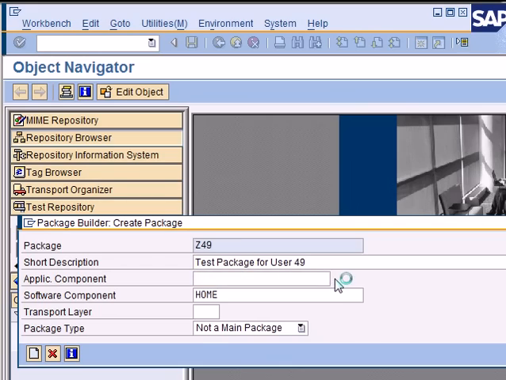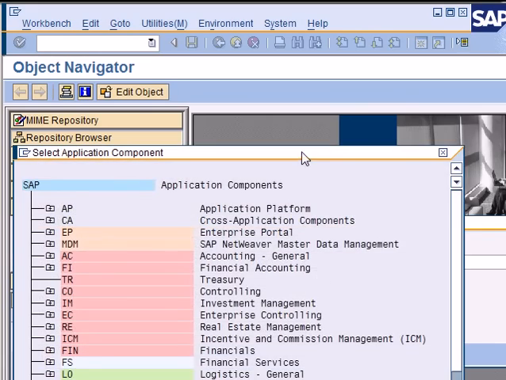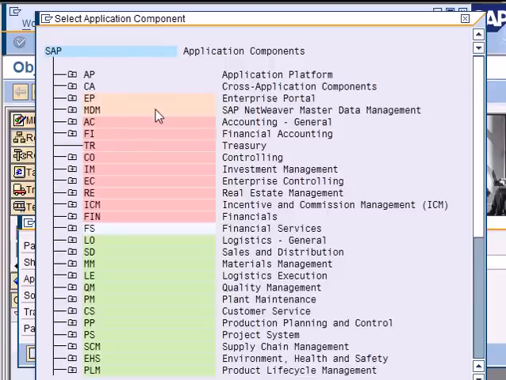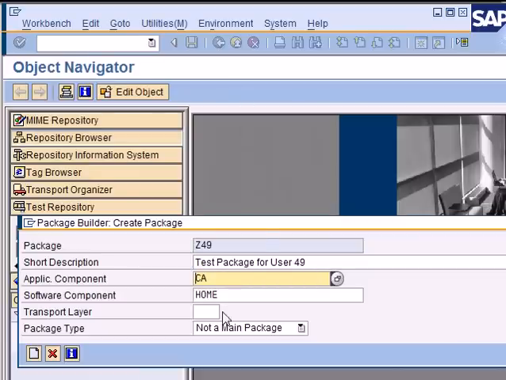Application component. If I'm developing all my applications in, say, finance, I would choose financial accounting, so that all the programs and all the code is stored and maintained in one place. But for our purpose, let us use CA, which is cross application components, and this is not a main package, so I just press create,